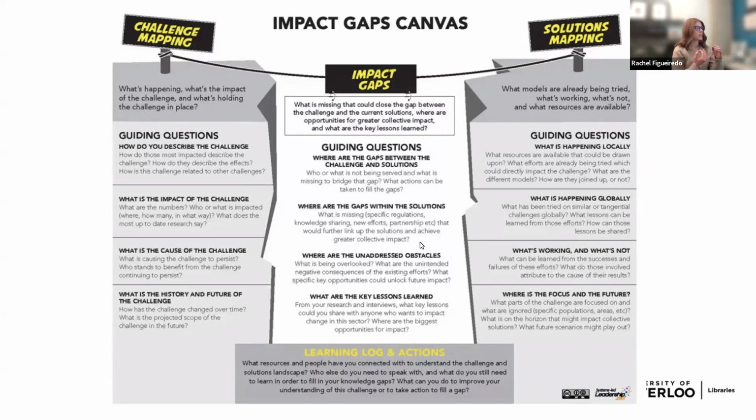What's missing in terms of specific regulations, knowledge sharing, partnerships? What are some ways where we might think either about a solution like a new business idea or a new app or a new product, but what are some other ways that we might think around this challenge to consider how else we could support the work that's already being done, maybe amplifying it in some way? And so the idea with the Impact Gaps Canvas, for me presenting it to you, is that it's a framework of thinking to help you start cracking open that nut, right?